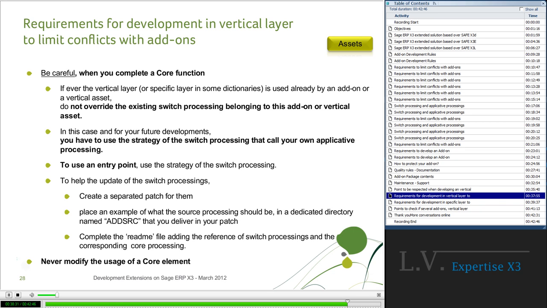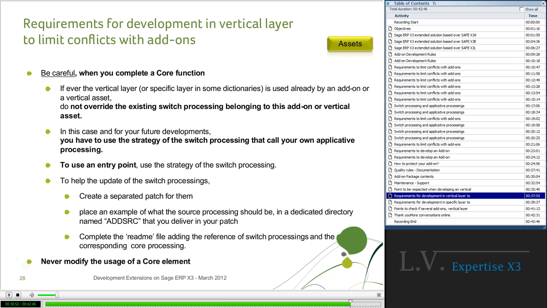In this case, and for your future developments, you have to use a strategy of switch processing that calls your own applicative processing. To use an entry point, also use the strategy of the switch processing.